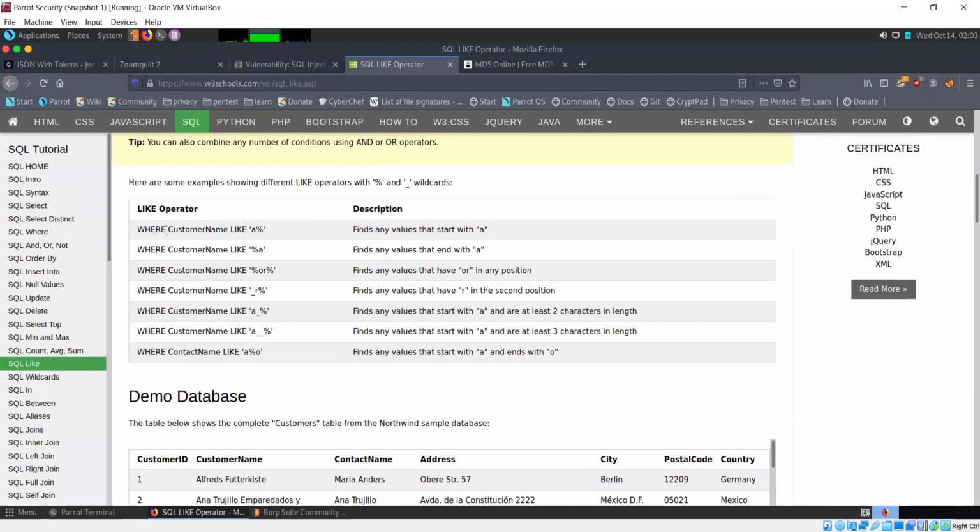If you say WHERE CustomerName LIKE 'a%', that would mean it would find any values starting with a and any number of characters after that. So the value has to start with a. If the percent sign is before, then it means that the value must be ending with a.